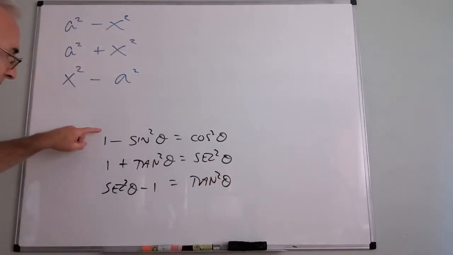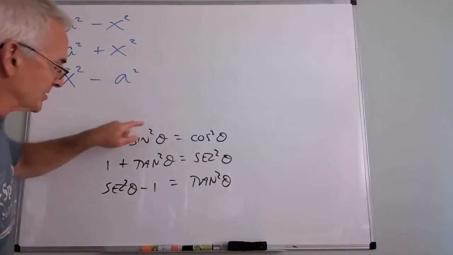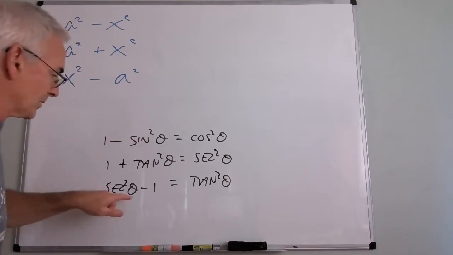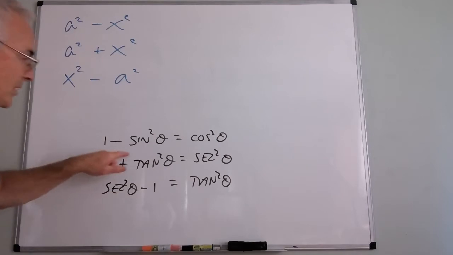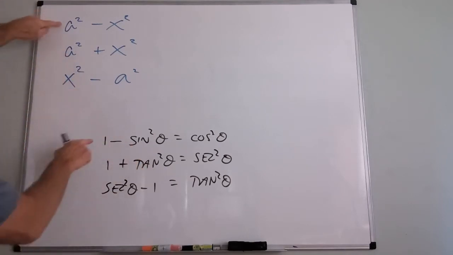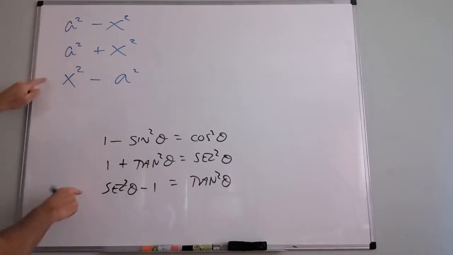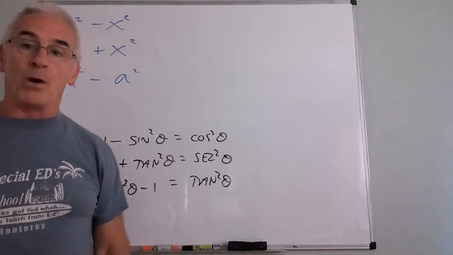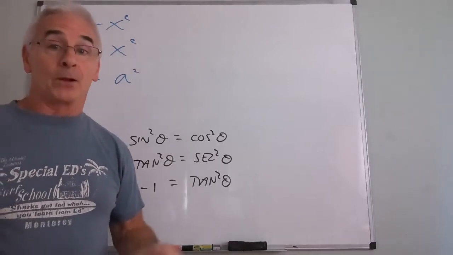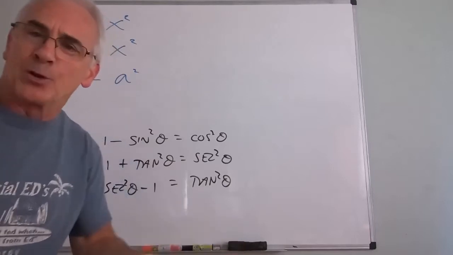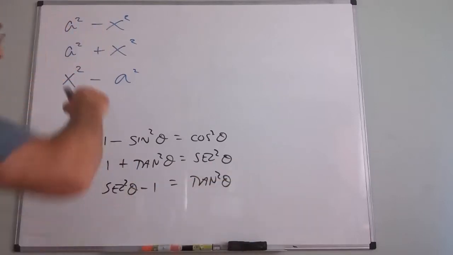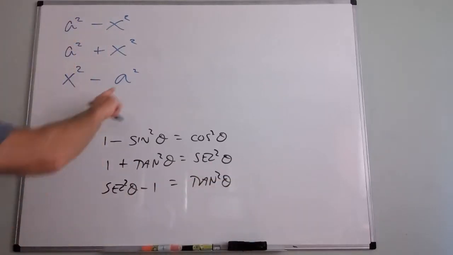So each of these is constant minus trig function squared, trig function squared minus constant, and constant plus trig function squared. These mirror these. But the a does not have to be a 1. A could be 2 squared. Heck, a could be root 5 squared. It doesn't matter what the value of a is, just that a squared must be a